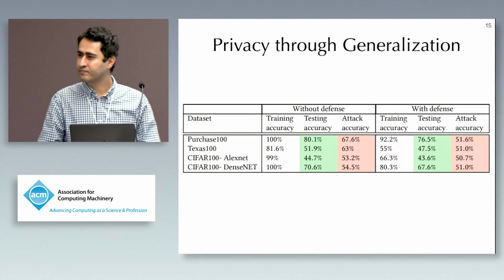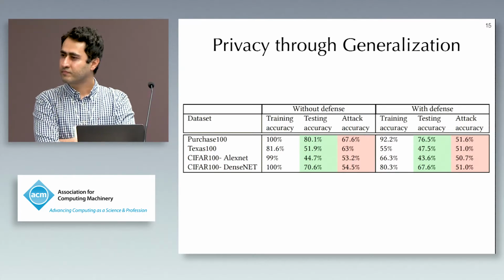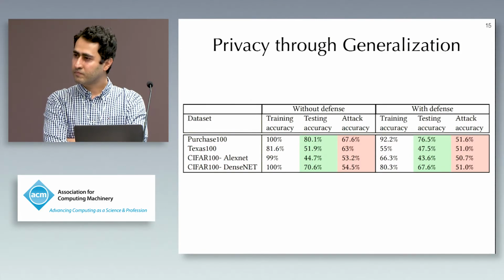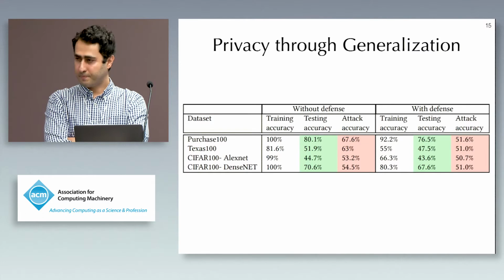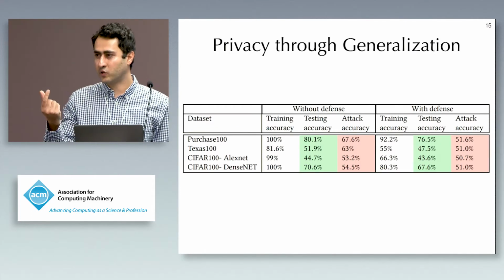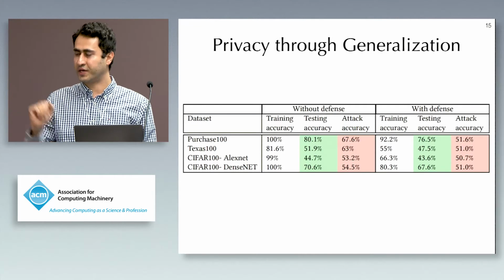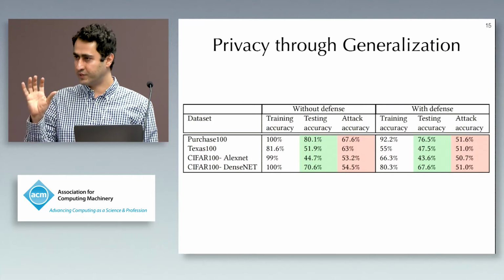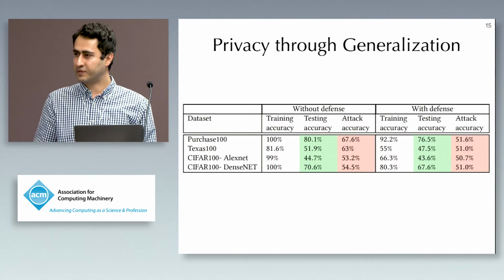During training, the Adversarial Regularization network had access to a portion of the target model's training dataset. When, at test time, you evaluated the accuracy of the attack network, did that attack network also have access to part of the original training dataset? Yeah. The same amount as the Adversarial Regularization network, or a different amount? Yes, the same amount. But the accuracy is calculated on the remaining part of the training dataset. Right. The part he already knows, but the accuracy is calculated on the rest of the dataset.